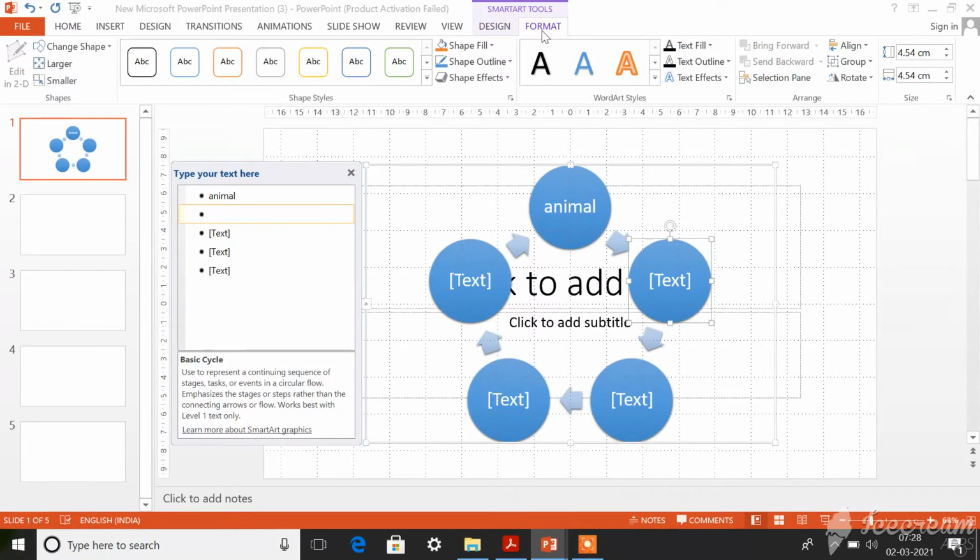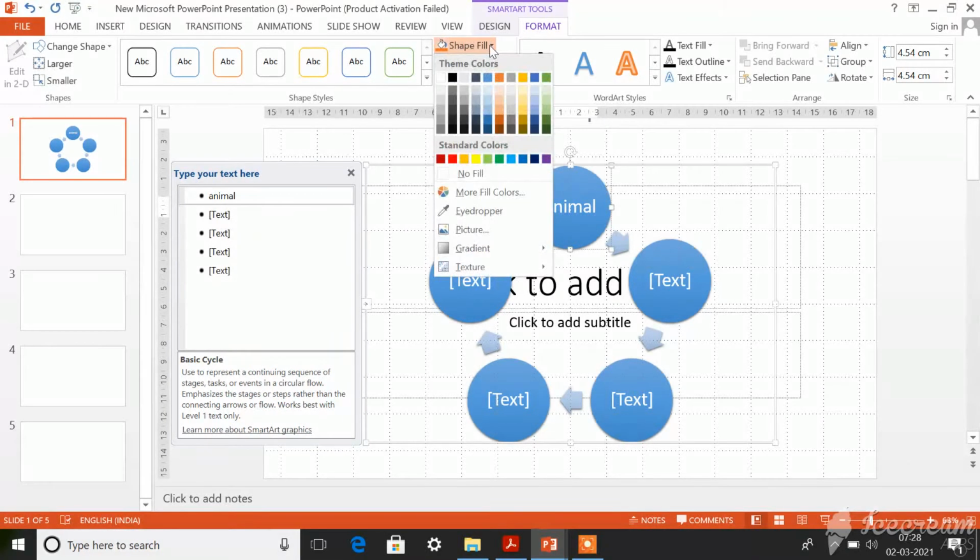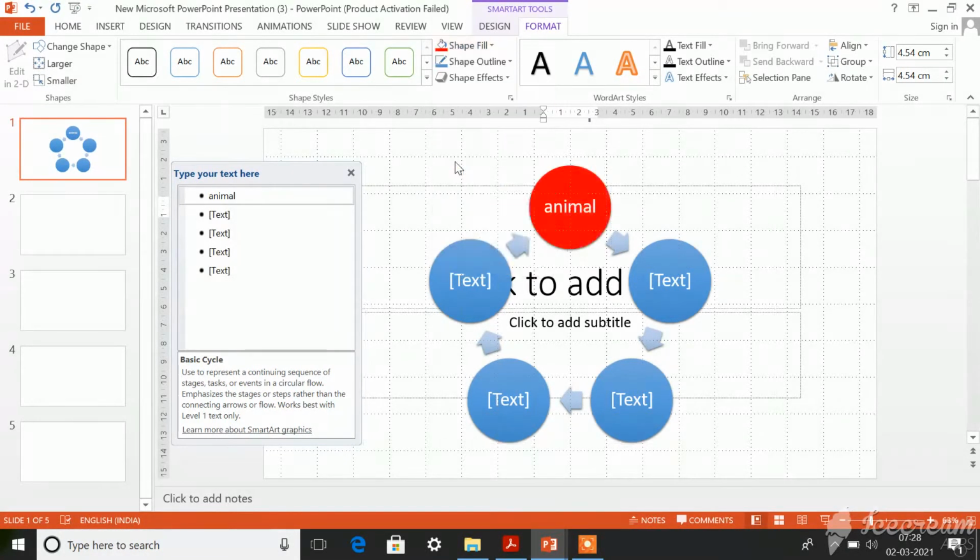Using this option, you can add color to the text that you enter inside the SmartArt diagram. Whatever text you enter, you can add color to that. Or else you can add a different color at the background. There is an option called Shape Fill, right? So you can choose whatever color you want.